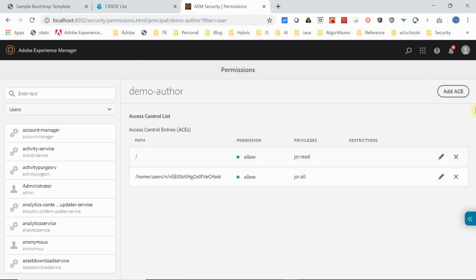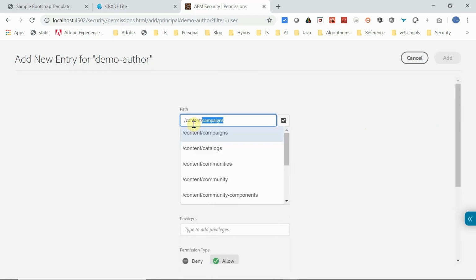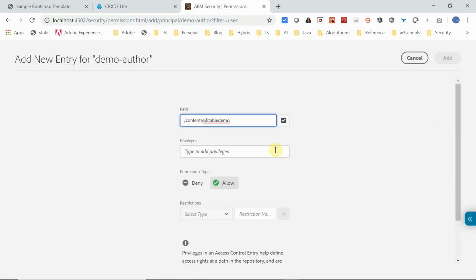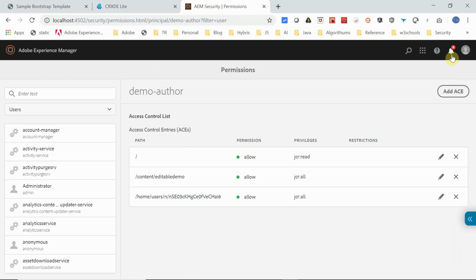Add this. Okay, one more thing, /content/editable-template-demo. For this path I'm going to give full access for the author. Okay, this is fine. Two users are configured now.